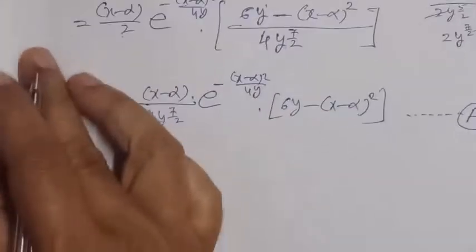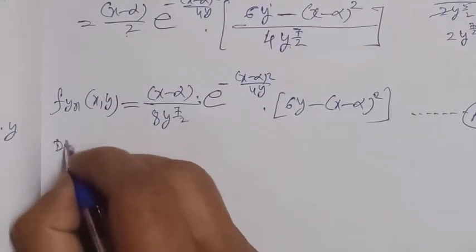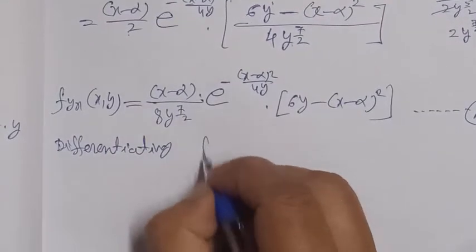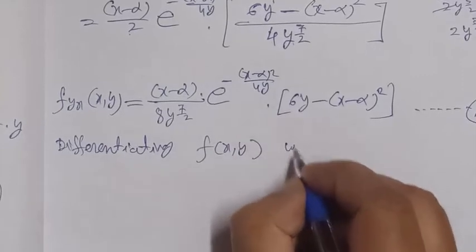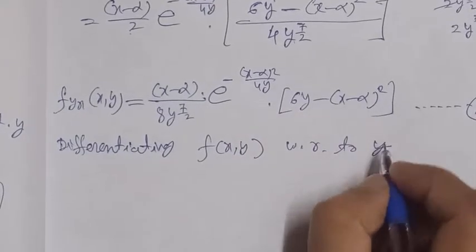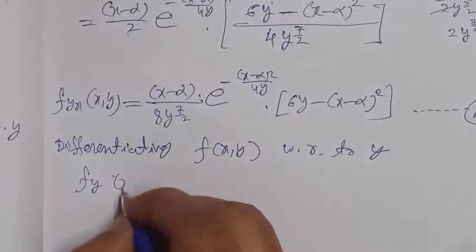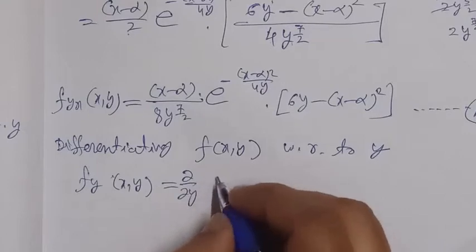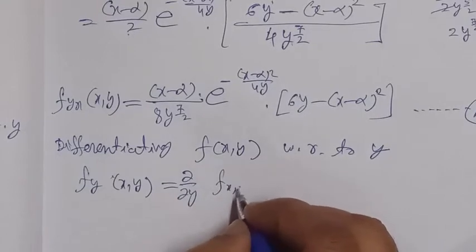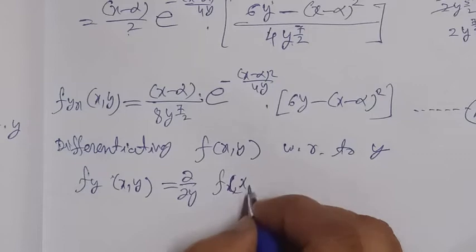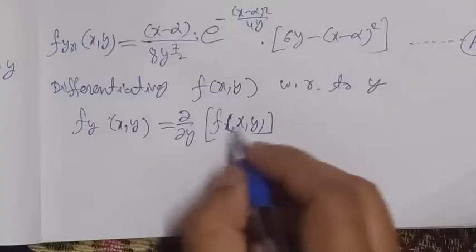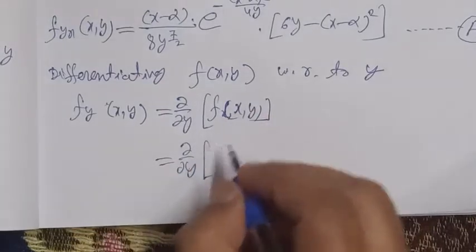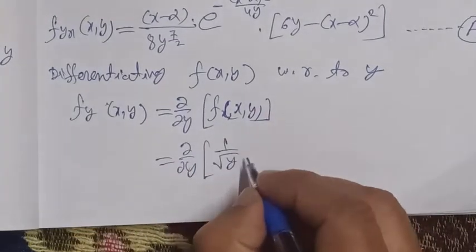So I write here, differentiating f(x,y) with respect to y, we get f_y(x,y) is equal to del over del y of f(x,y). From equation 1 we write the value of f(x,y), which is equal to 1 upon square root y into